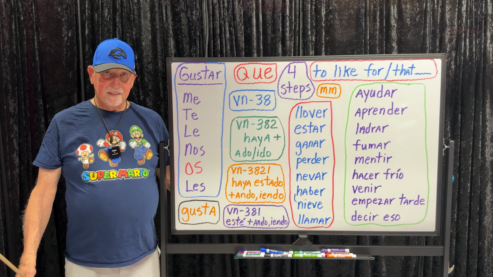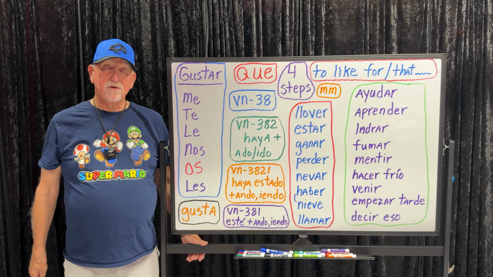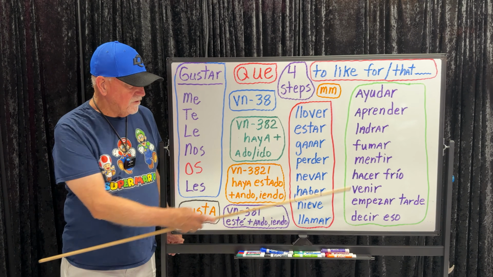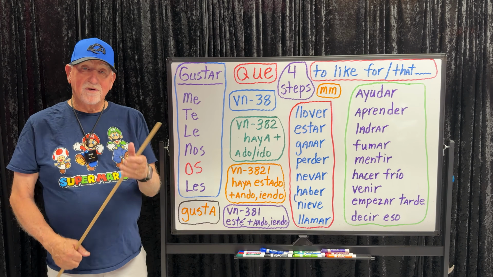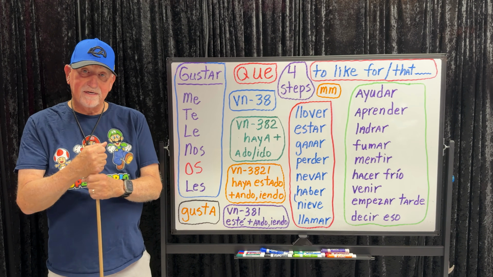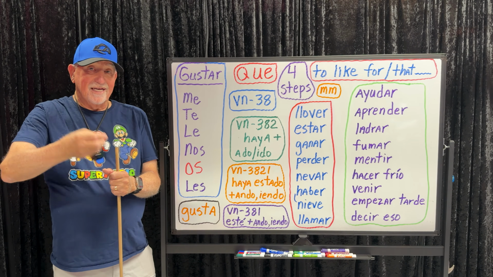I don't like anybody to lie. No me gusta que nadie mienta. I don't like for her to lie. No me gusta que mienta. Hacer frío. I'd like for it to be cold. Me gusta que haga frío, especialmente en la noche para dormir, porque se puede dormir mejor en la noche si